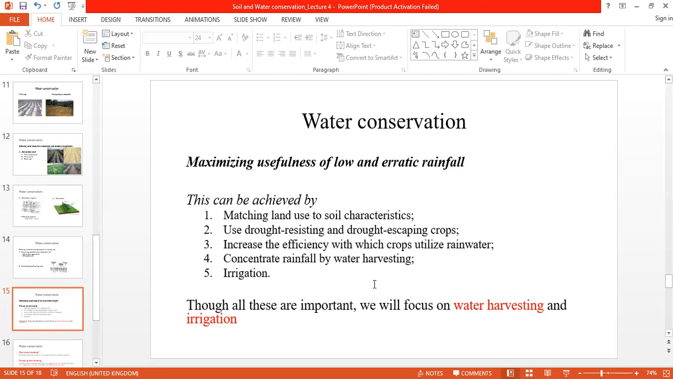Sorry, just per matching land use to soil characteristics. Just go through that one again. Okay. So this one, what we are saying is that,